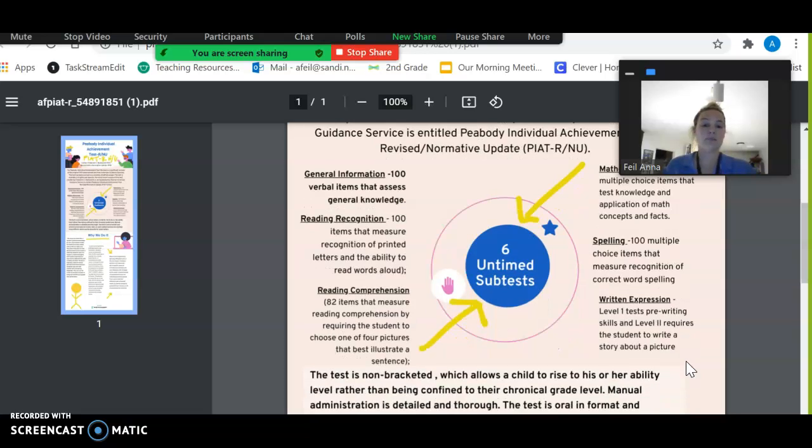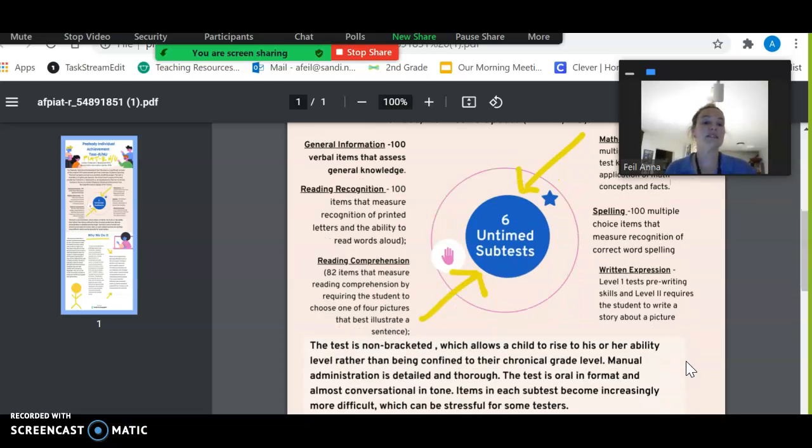The test is non-bracketed, which allows a child to rise to his or her ability rather than be stuck in their grade level. This is a plus because a child can actually shine through this test. It's also a wonderful test to find present levels in an IEP and build goals around these subtests, around what the students are having